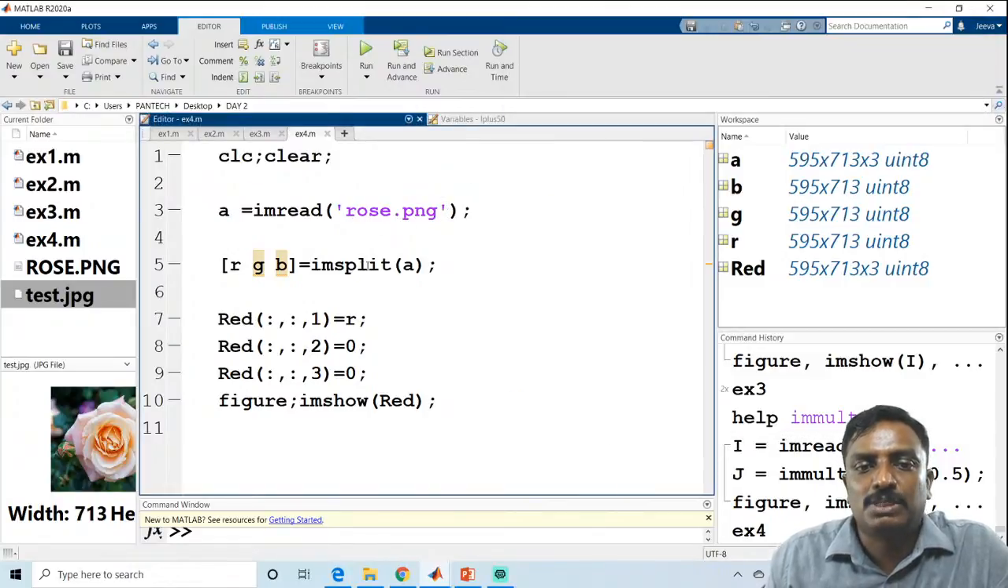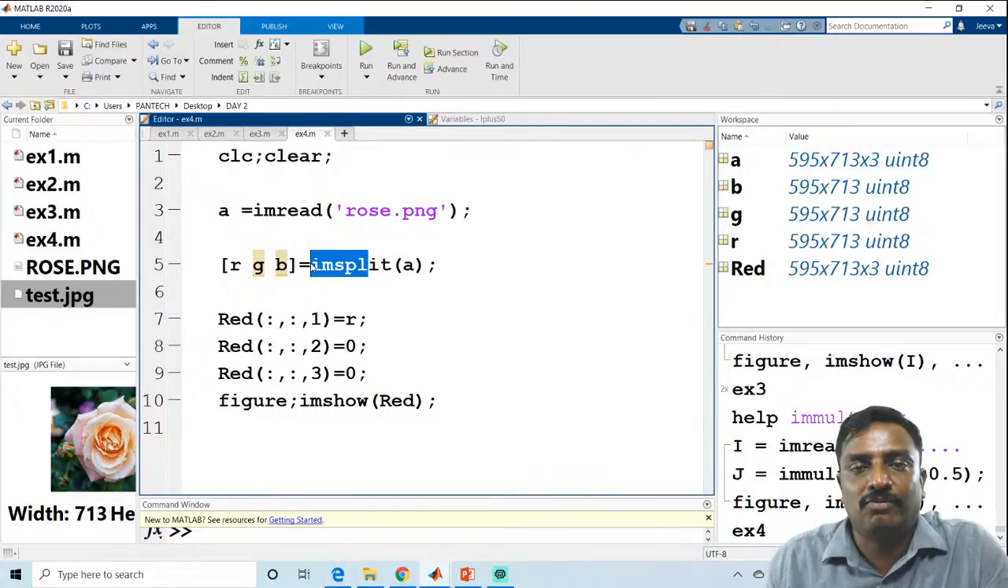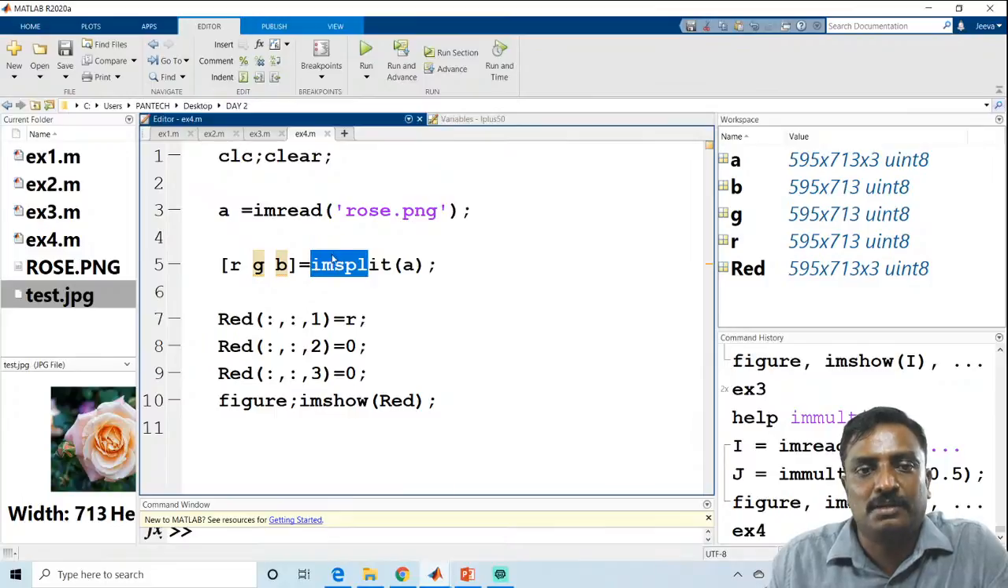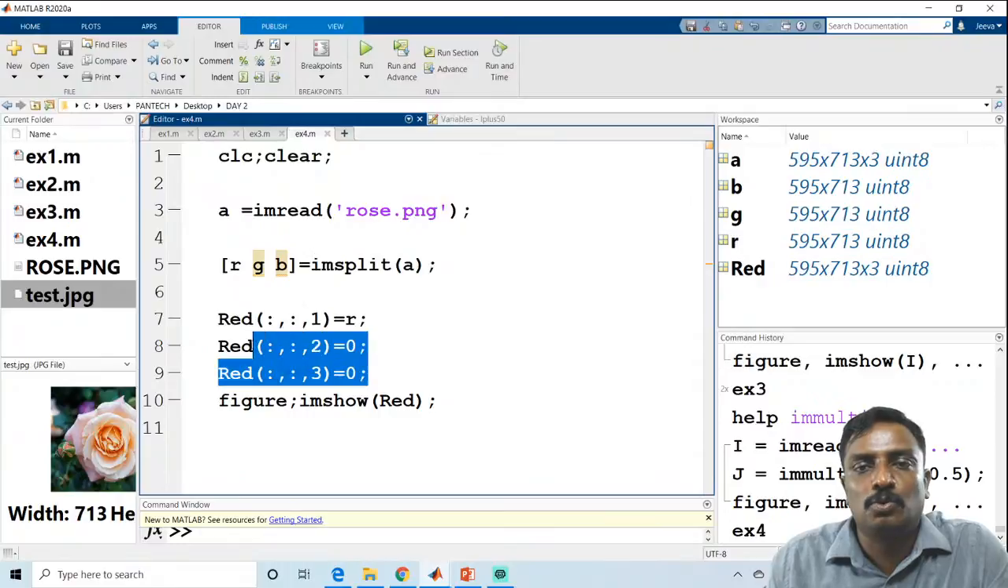imsplit is a command to split the red component, green component, and blue component. Because when you do color image processing, you have to split the channels and process the algorithm. Some algorithms will work only for 2D, which means a matrix, so you have to separate those matrices. Red matrix separate, green matrix and blue matrix, then apply the algorithm. If you want to visualize the red component, load the first one and make green and blue as 0. If you want to visualize the green component,